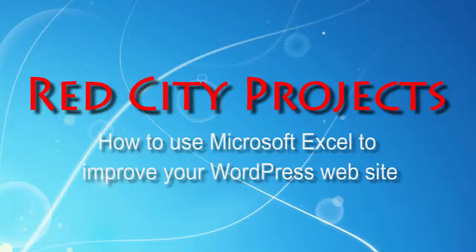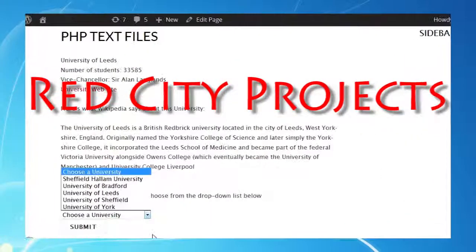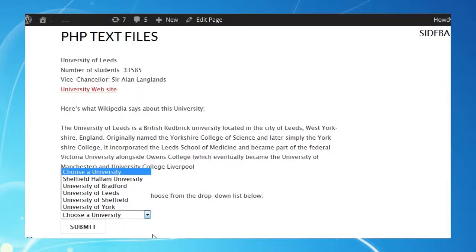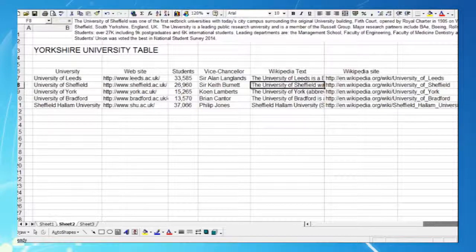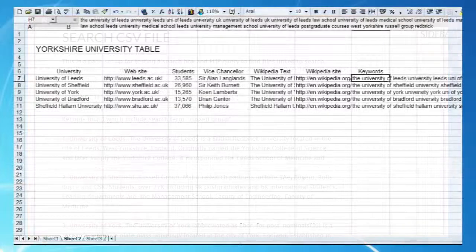We've been looking at how Microsoft Excel can help us improve the functionality of our hosted WordPress site. In the first videos, we looked at ways to produce almost limitless numbers of WordPress pages generated by Excel tables. In the last video, we set up a search function to scour those pages for matches for our search items, and decided that rather than search through each page, we'd use a keyword file which would greatly speed up our